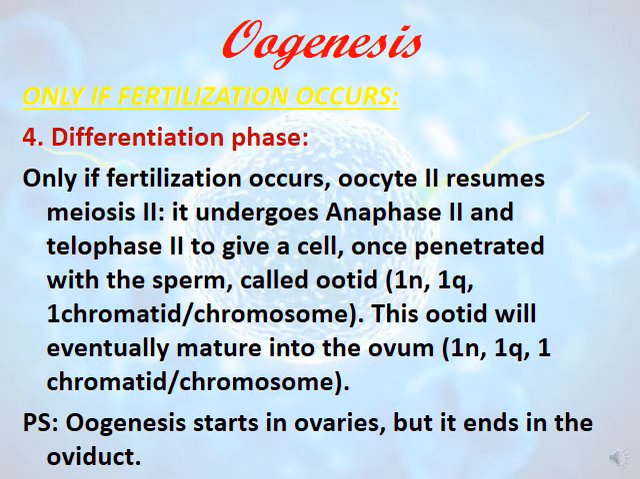Only if fertilization occurs do we continue with phase number 4. Oocyte 2 resumes meiosis 2. It finishes metaphase 2, anaphase 2, and then telophase 2 to give a cell which, whenever it is penetrated by the sperm cell, is called the oocyte, 1N, 1Q, one chromatid per chromosome. This oocyte eventually matures into the ovum, 1N, 1Q, one chromatid per chromosome. Oogenesis starts in the ovary, but it ends in the